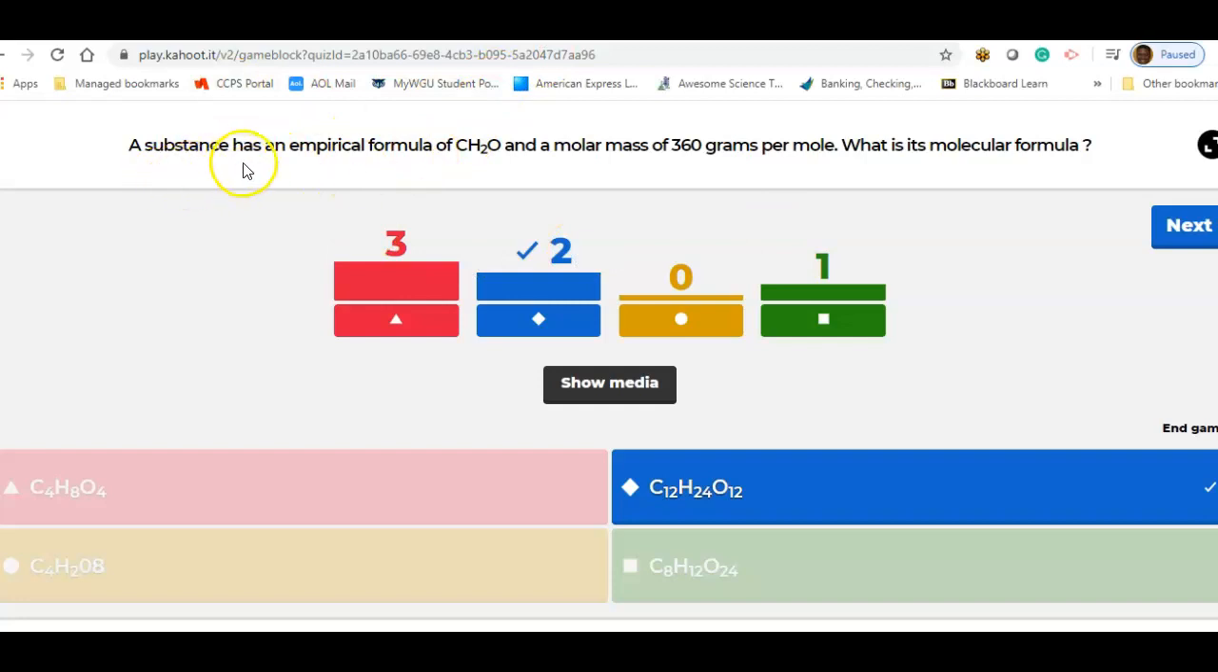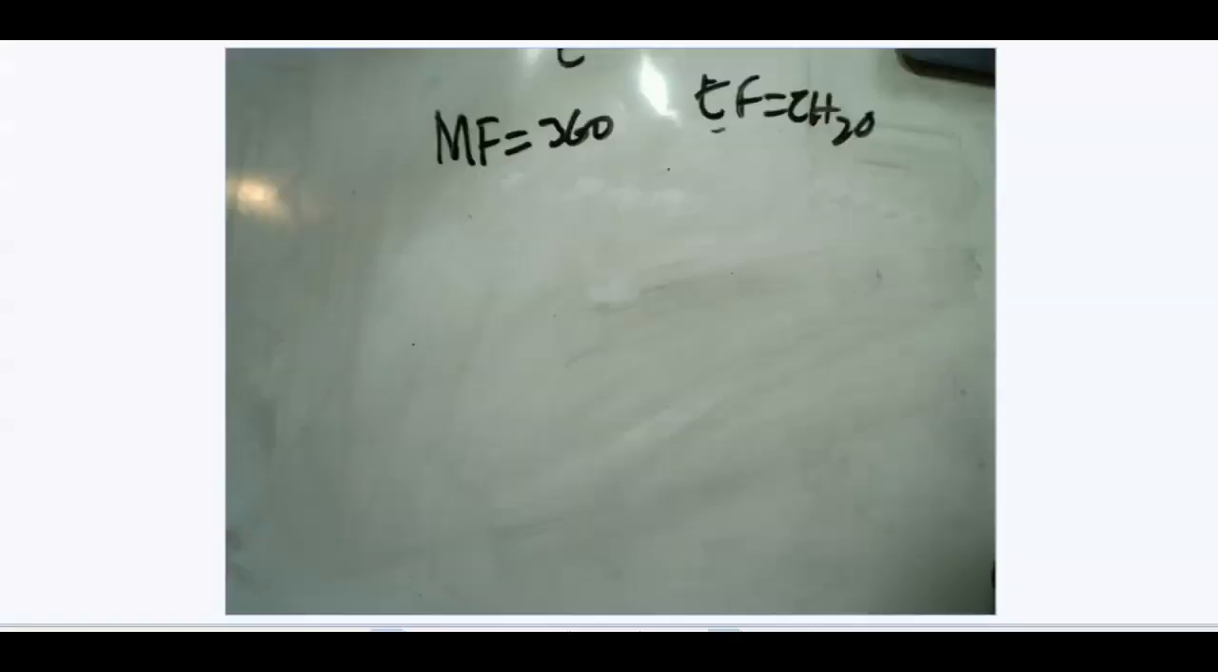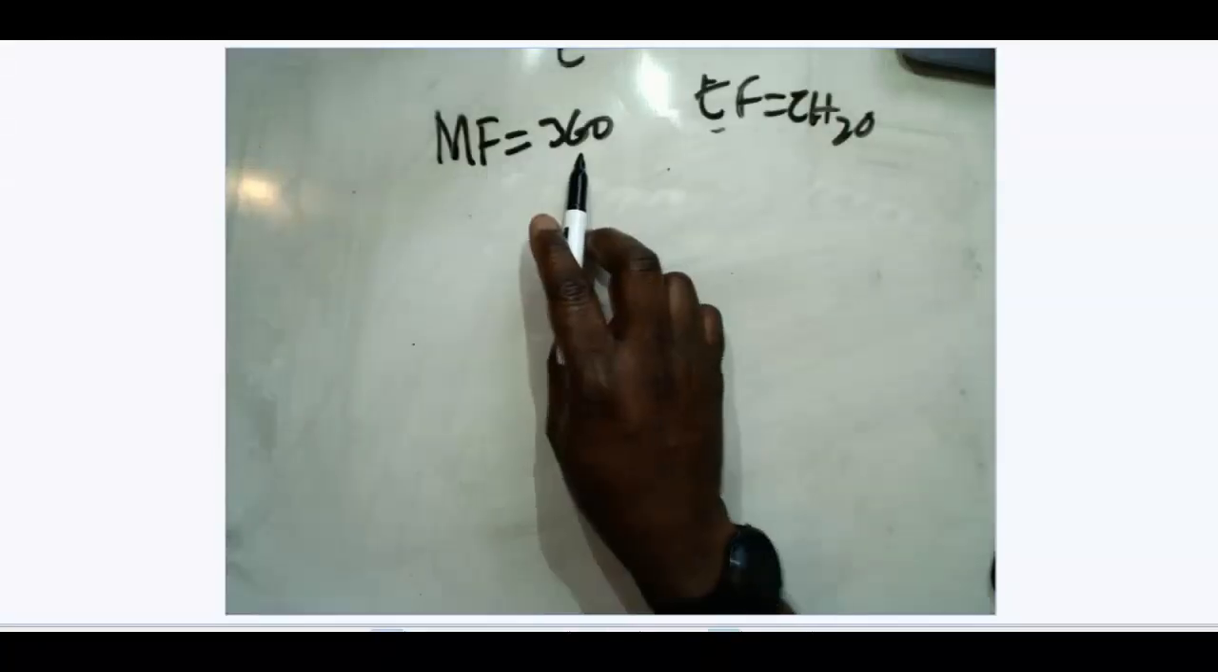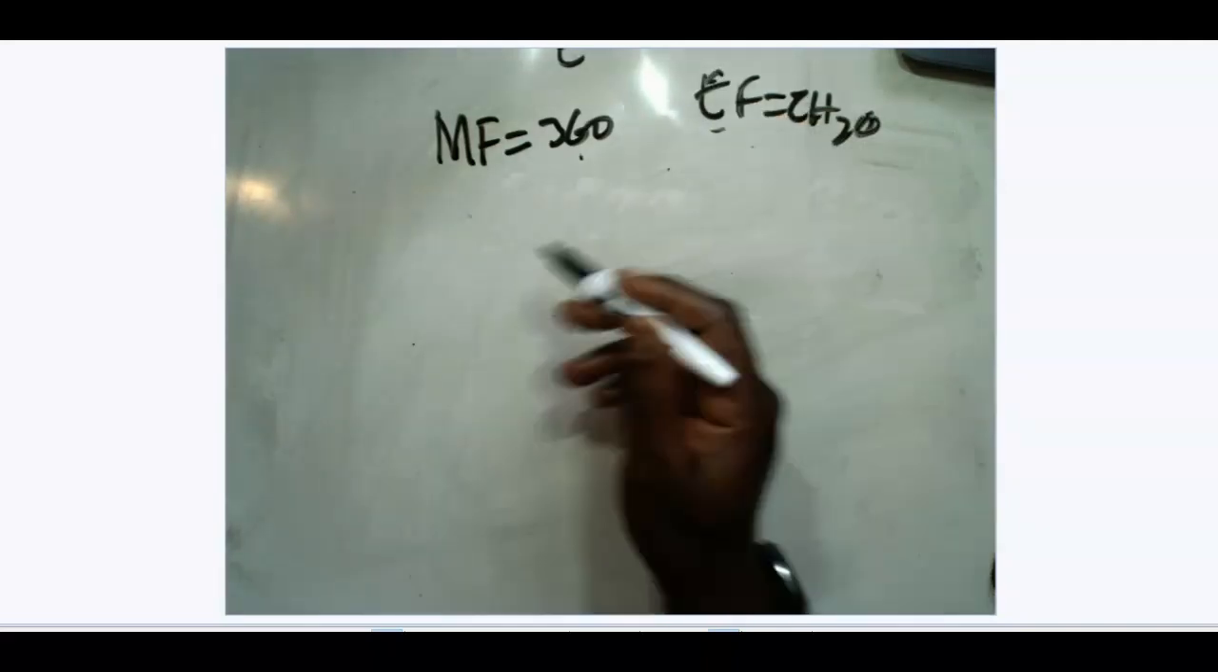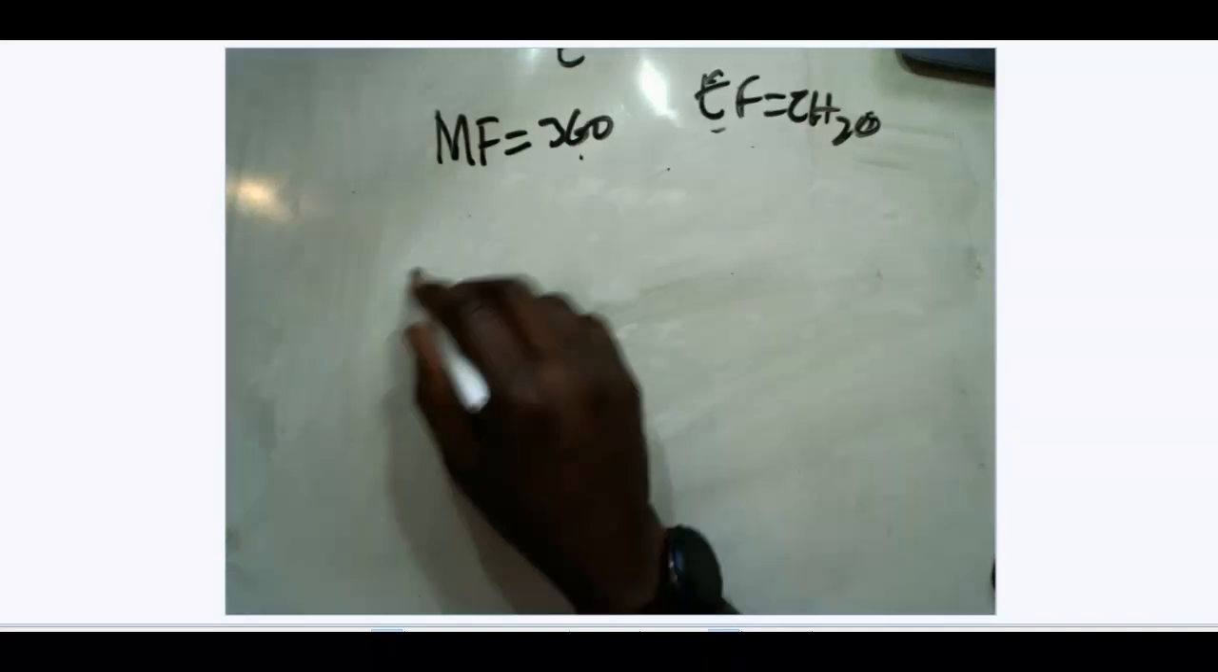Okay, a substance has the empirical formula of this, molar mass of that. You have molar mass equals 360. Empirical formula CH2O. Let me see the screen. And molar mass is given as 360. Empirical formula is CH2O. And to get the molecular formula